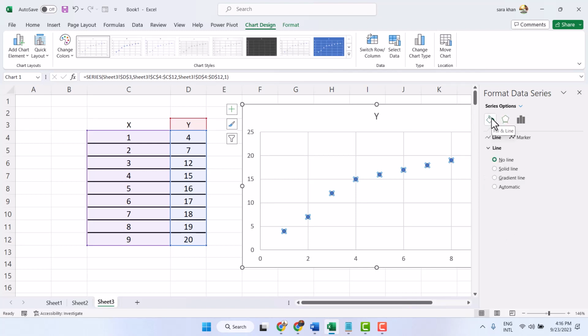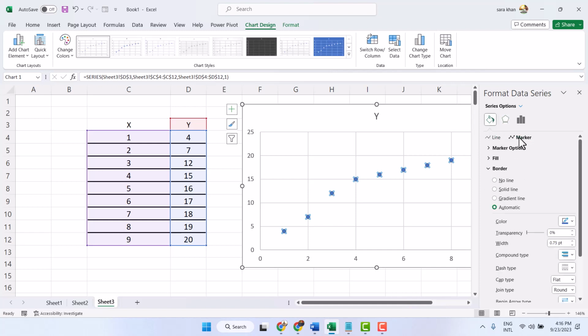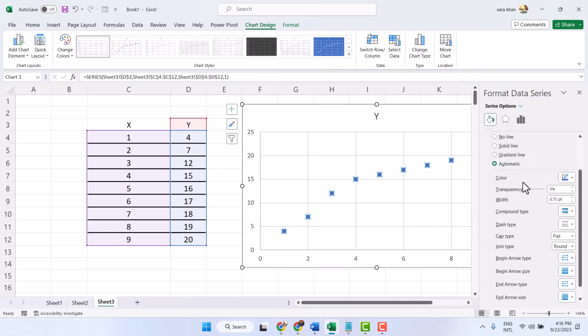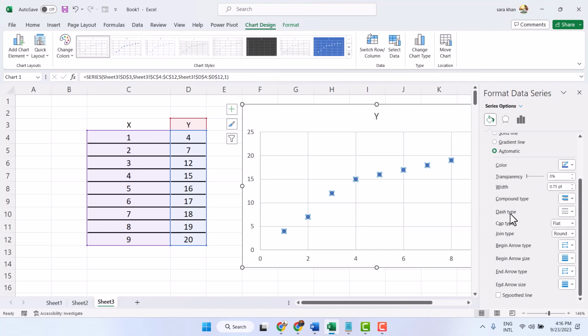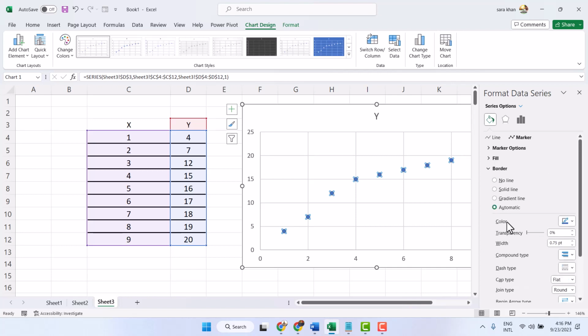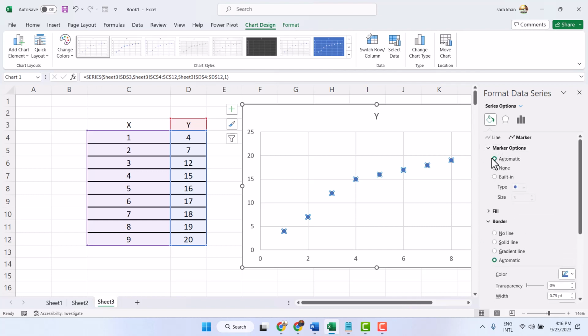Now select this first one, Fill and Line, then click on Marker. Then Marker Options, select Built-in, select Type and make the size as your need